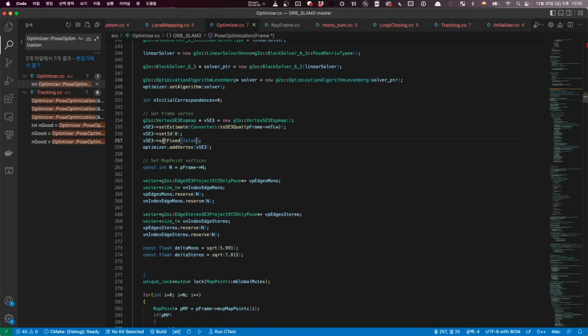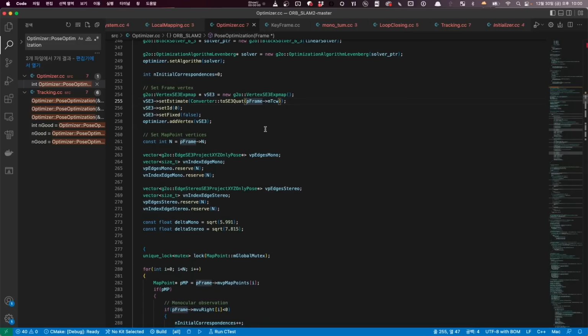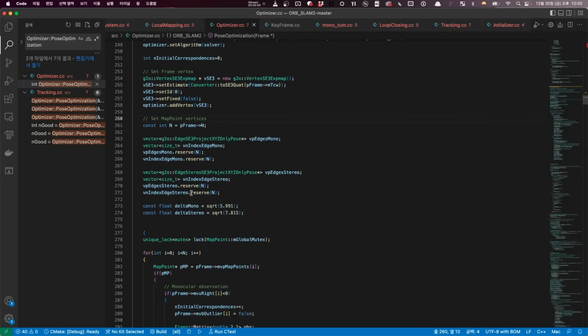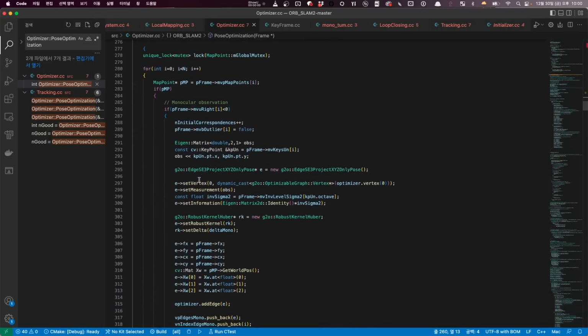So over here, vertex means the current position of the camera frame here, P frame, and set map point vertices by using this later over here, this for loop. They set vertex